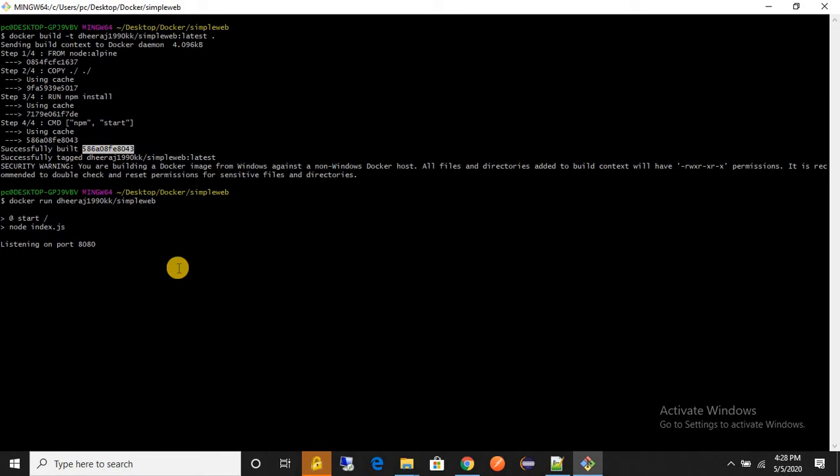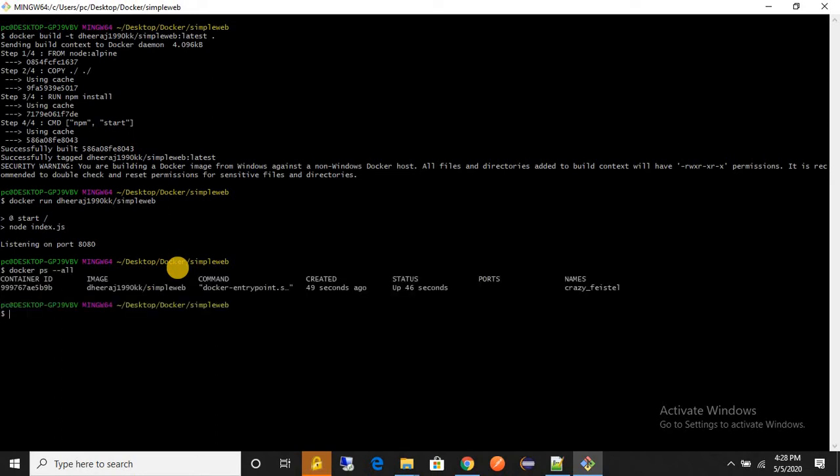Okay, so let me come out from this and we can check docker ps --all. Now you will be able to see that this is my container ID and this is my image ID which is currently running and up, right?